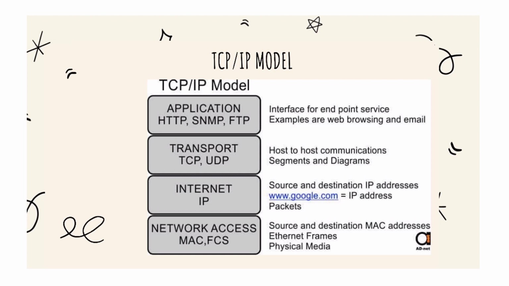So the internet layer, also known as the IP layer, contains the source and destination IP address of the particular packets. And the transport layer is host to host communication between the communication segment and also the datagram. So it uses the protocols TCP and UDP, Transmission Control Protocol, and UDP is User Datagram Protocol. So once the data has been transported